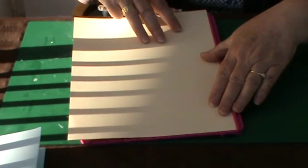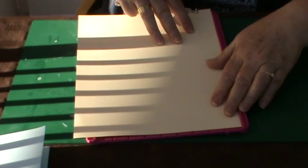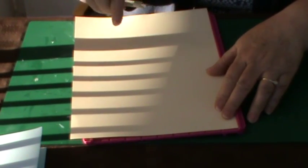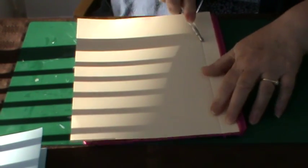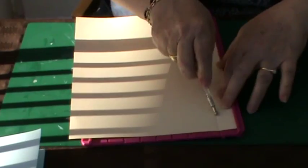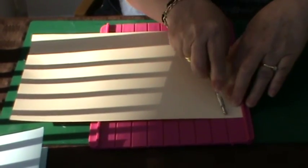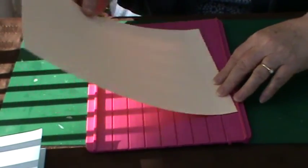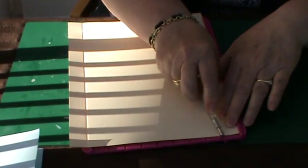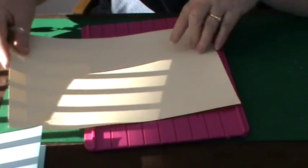I'm making an A4 sized box, purely because it's easier to do at this point, and it doesn't baffle you with science talking about depths of card and that kind of thing. But all you do is score, turn your card, score. As long as the card is pressed into this back lip, it's not really going to go anywhere. Turn again and score, turn again